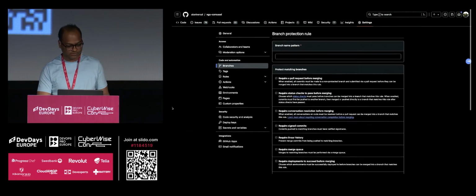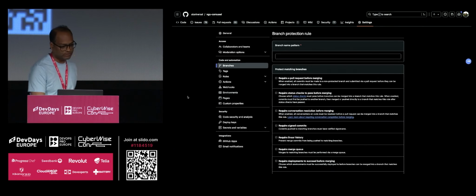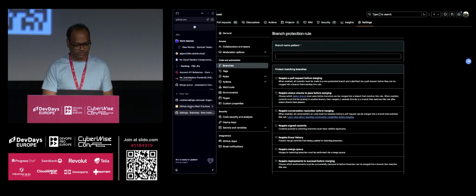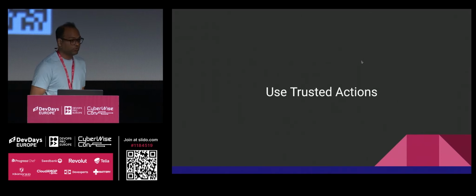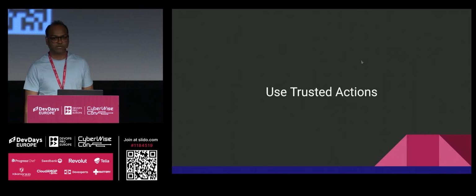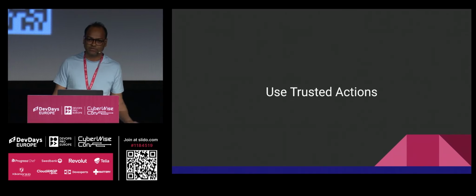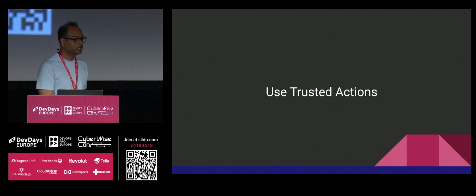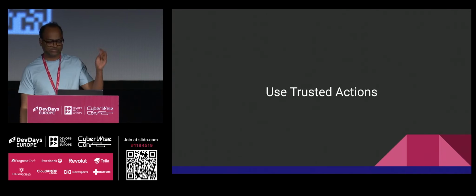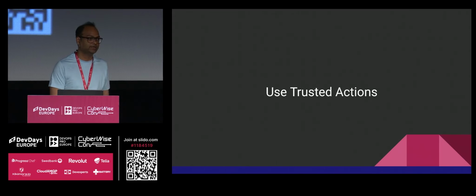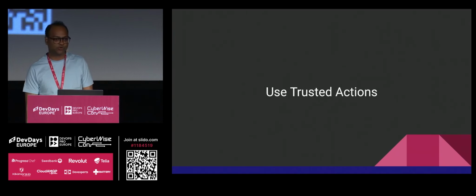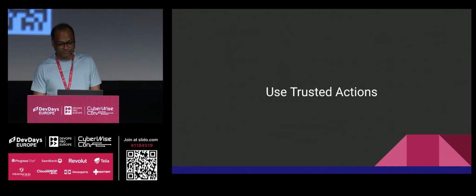And this is how branch protection rules look. I mean, go ahead and start using it. This is a very good way to secure your GitHub Actions as well. We know this, like use trusted actions, but how? Because there are so many actions which are very handy for us, right? For example, if you want to solve some use cases, like creating your release notes, of course, github.com also has a way you can just create it manually, but who does the manual thing, right? We will just waste 10 hours automating a task we can do in 1 minute. That's why we are developers.